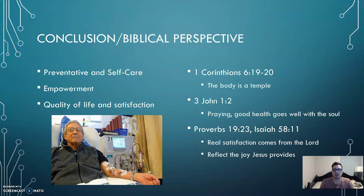From a biblical perspective, these outcomes are also important. We know that the Bible tells us that our body is a temple for the Holy Spirit, and we should take pride and responsibility in keeping ourselves as healthy as can be. Especially dialysis patients, because their bodies become very fragile, and whatever we can do to improve our health, it is important that we do so. We know that God wants us to be in good health because it is good for our souls. We also know that the only way to truly be satisfied in this life is through